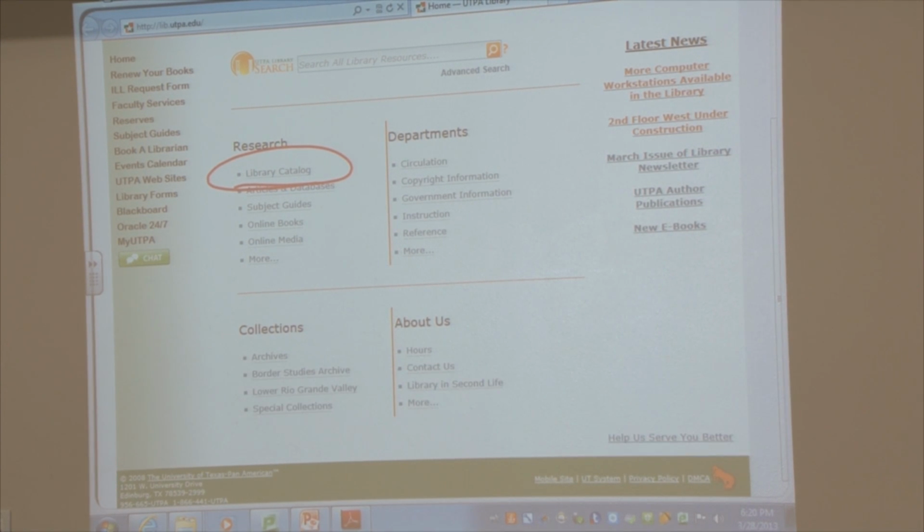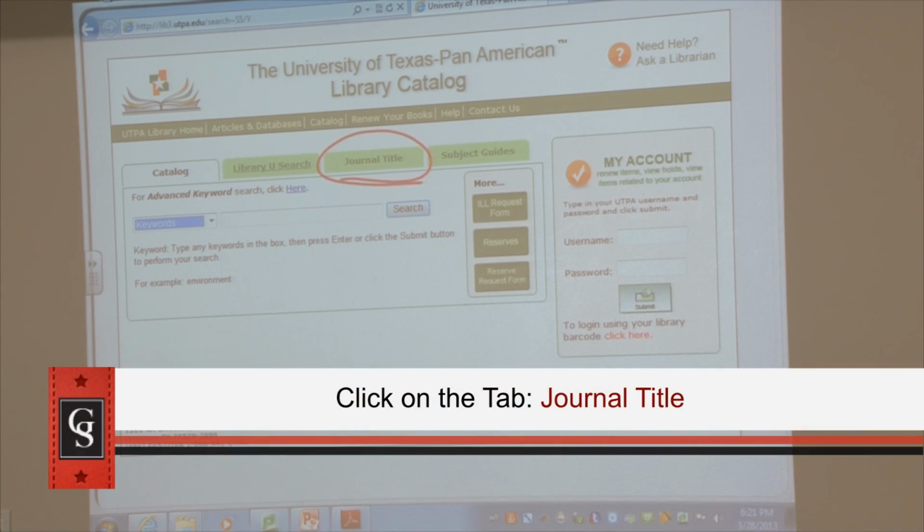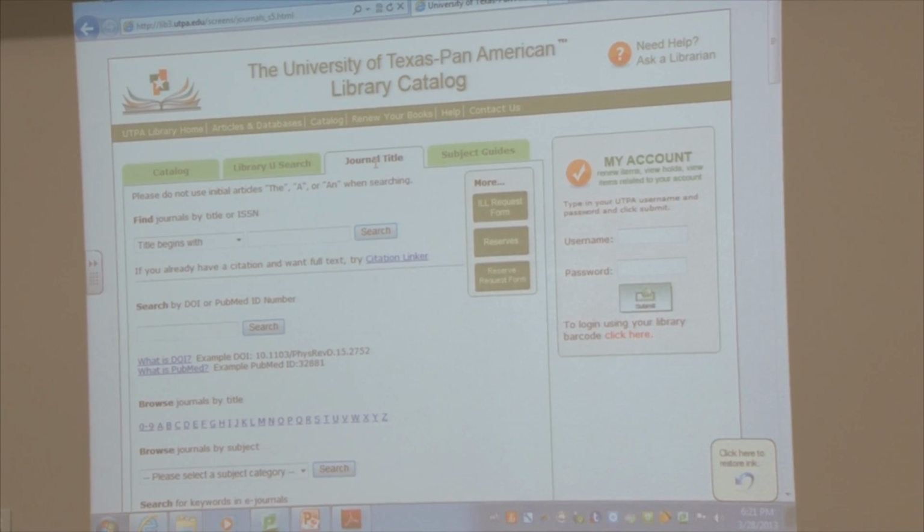the library catalog will tell you what materials the library owns, whether they're books, whether they're titles of journals, newspapers, magazines, whether they're government documents or government reports, whether they're audiovisual materials. But think of this as an inventory of what the library has. And if I click the link here, there's a tab with the library catalog called the Journal Title tab. And if I click that tab,